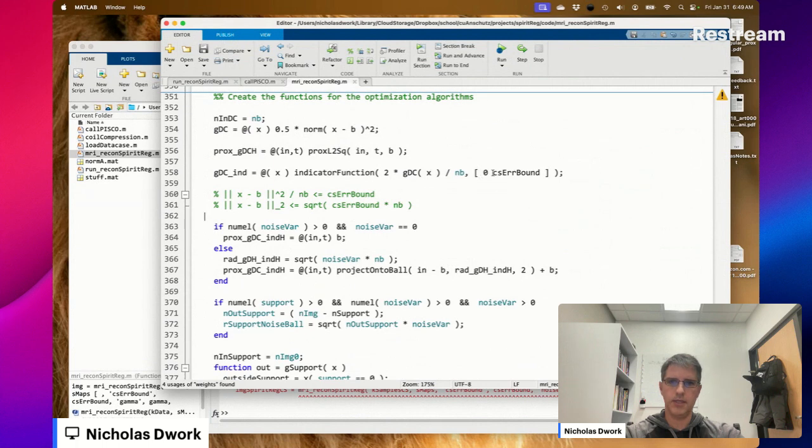So this is equal to this, which is equal to this.